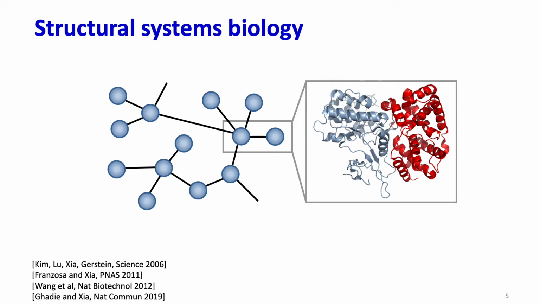There's a long history of successful applications of structural systems biology. For example, Mark Gerstein and colleagues used structural systems biology to study protein and network evolution. We used structural systems biology to study host-pathogen interaction and infectious disease. Haiyuan Yu and colleagues used structural systems biology to study genetic disease. So, this is an established technique known to provide reliable results.